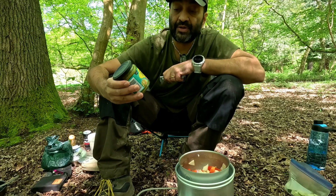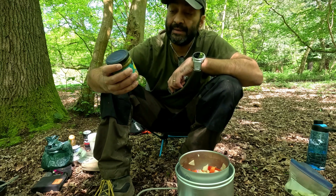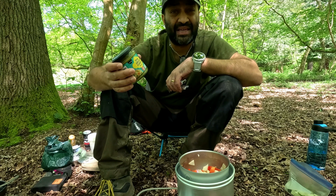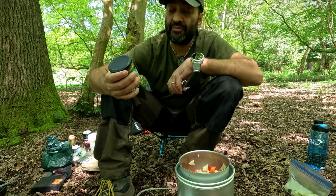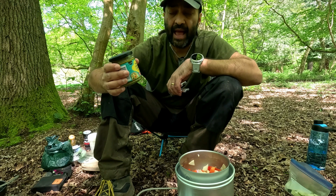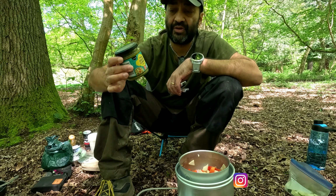What I've got here is a little Thai green curry paste, as mentioned earlier. It is medium hot. Thai green curry can be quite hot if you make it that way, and it's just a paste that you get at your local supermarket. But I absolutely love this one, simply because it's very pungent. There's lots of ginger and galangal in it, and I love it. I love ginger, I love galangal, and it just makes such a flavoursome